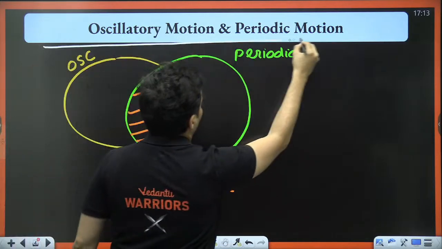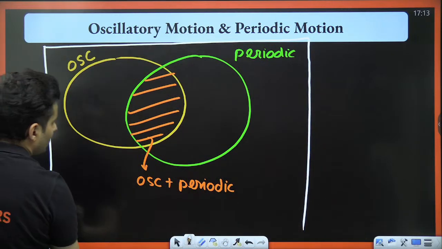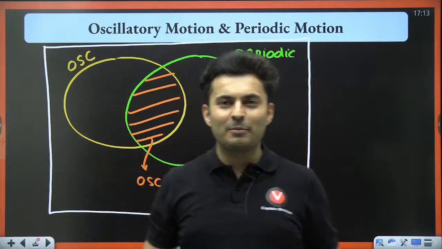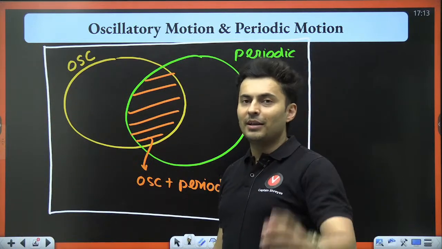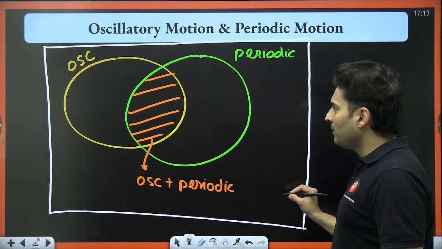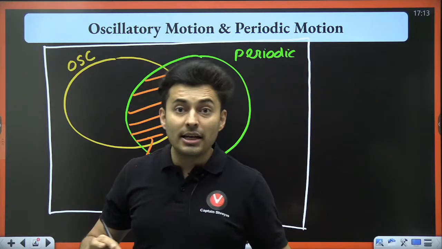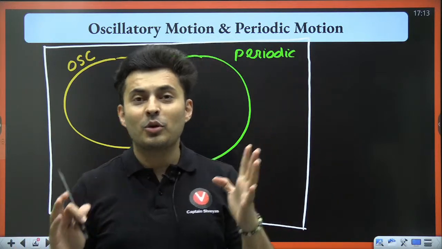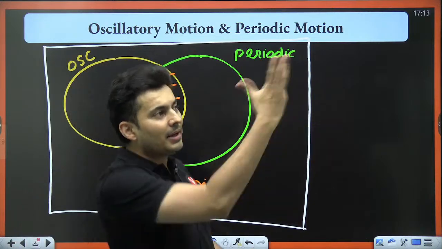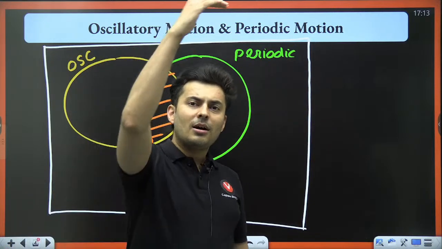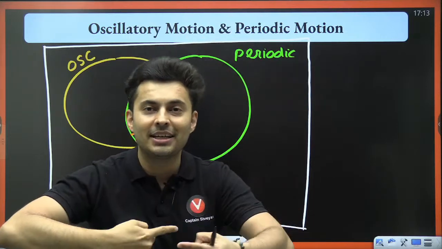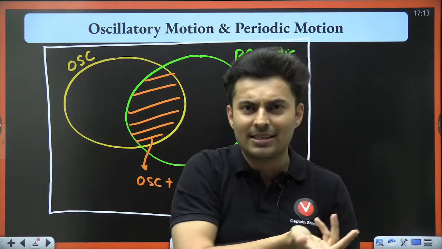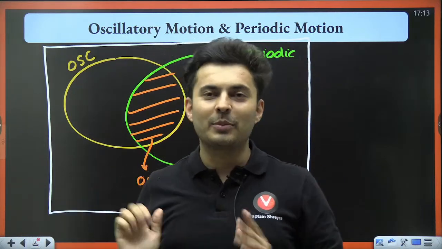So if something is outside of this, it is neither oscillatory nor periodic. Let's understand it with examples. You will never ever be confused. Is there an example where something is not oscillating, and not even periodic? The best example is projectile motion. You throw something at an angle, it goes up and down, it is not repeating itself. That's why it is not periodic. It just goes and falls, that's it, it's not going to repeat.